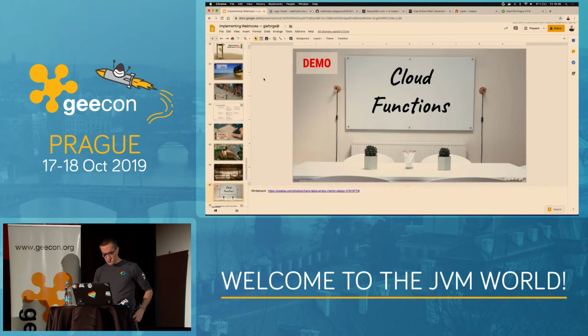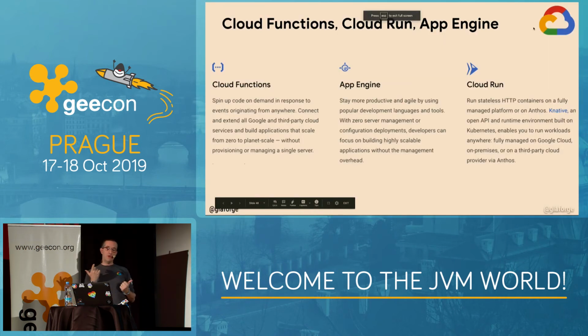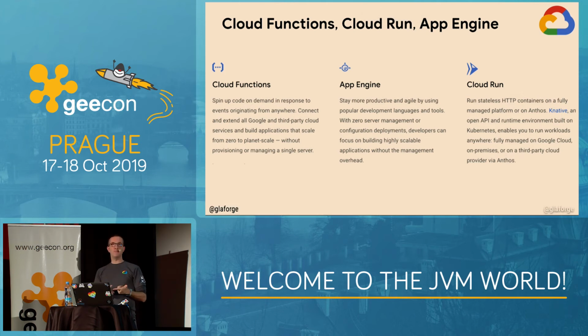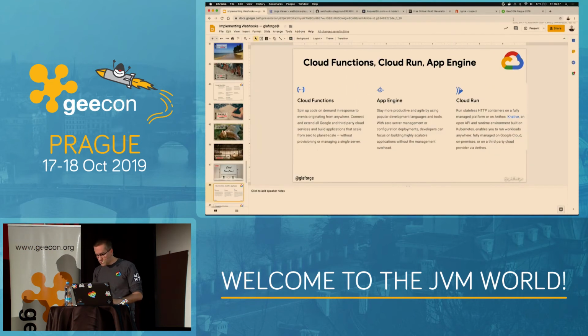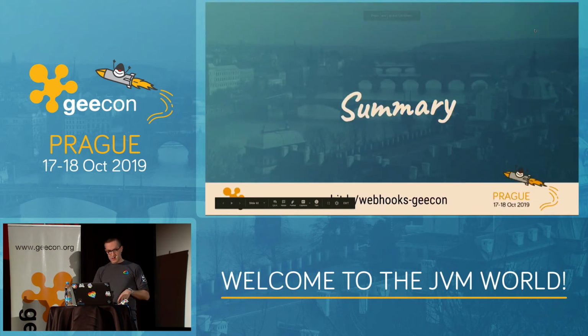All right, a quick demo of functions. You could use Cloud Functions, you could use App Engine when you want to deploy apps, or you can also use a recent product called Cloud Run, where you can deploy containers. All those things, functions, apps, and containers can run serverlessly with automatic, transparent scalability, with pay-as-you-go, and so on. No, stay in presentation mode, that was fine. Right, whatever. So, in summary,